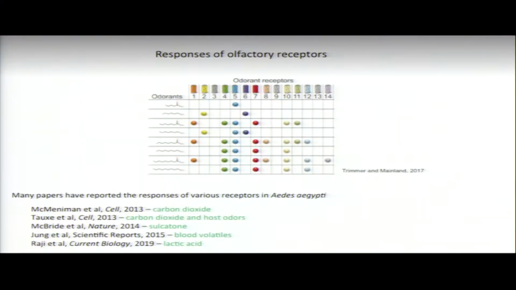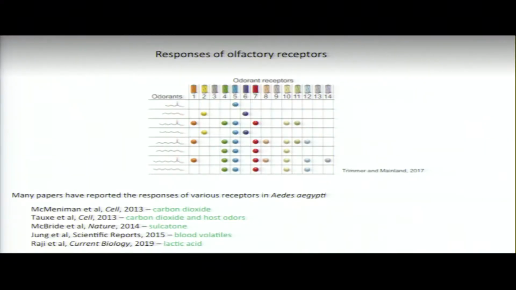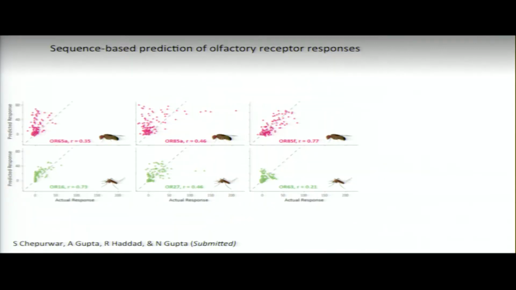But what has not been done is to see, given this data, whether we can predict the responses of a new receptor by using similarities among the receptors. The reason this does not work easily is that if you look at the sequence similarities and correlate that with the odor similarity, there was no strong correlation, because very few of the positions in these receptors are actually determining the responses. We were able to overcome this difficulty by identifying which positions in the receptors actually correlate with the responses, and if we use just those positions, then we can predict the responses of a new receptor based on the existing data.